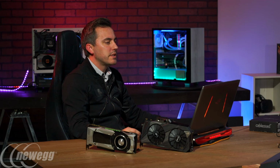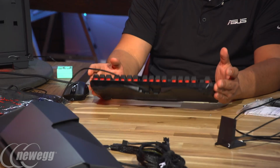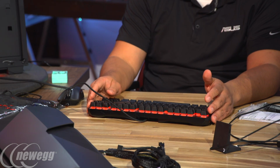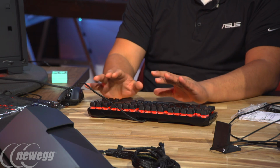And JJ, what was the actual model name, for people asking online, of the mouse and the keyboard? This is the ROG Gladius 2, and for the keyboard, this is officially the ROG Claymore Core. So we have two versions that have now formally launched. We have them in Cherry MX Red and Cherry MX Brown. The complete ROG Claymore, which is actually just called the ROG Claymore, also comes with what we call a detachable 10 key